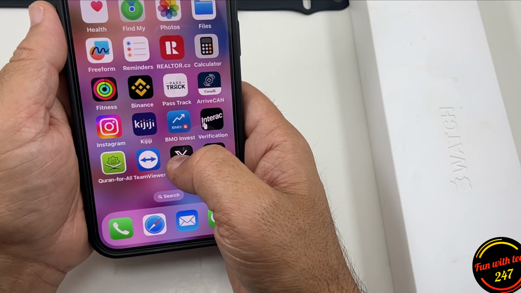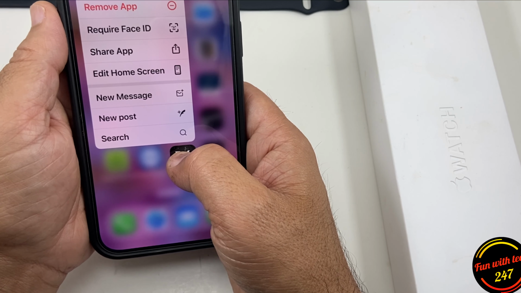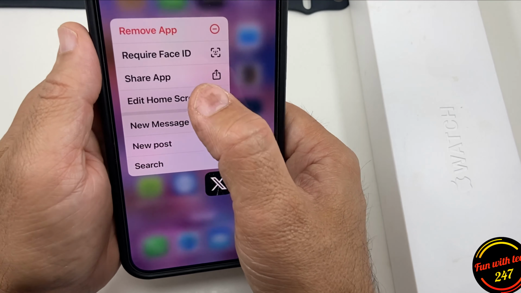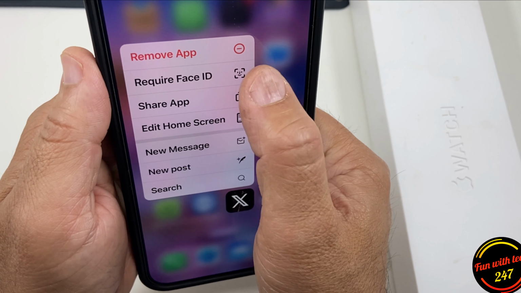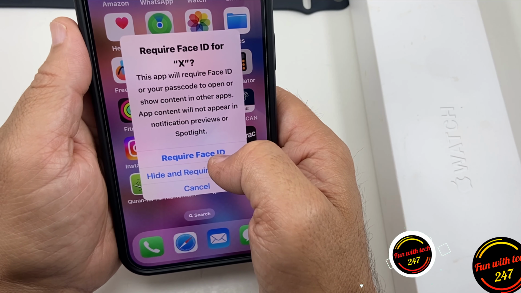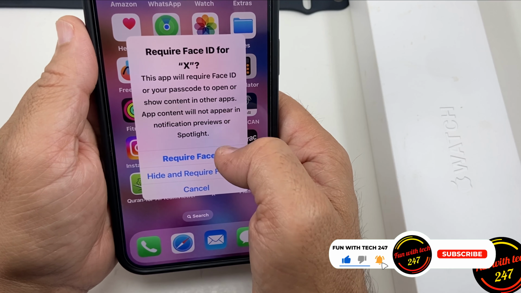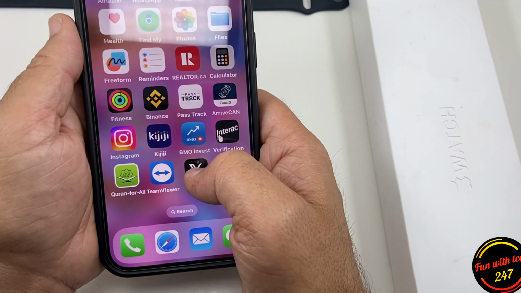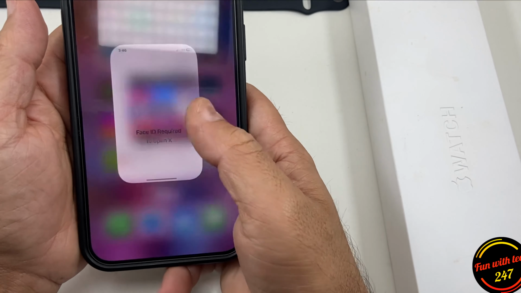Let's say I have this app X. If I press and hold, it gives me an option here. See, require Face ID. All I have to do is just tap here and confirm one more time, require Face ID. So I press here, and then now every time I open it,